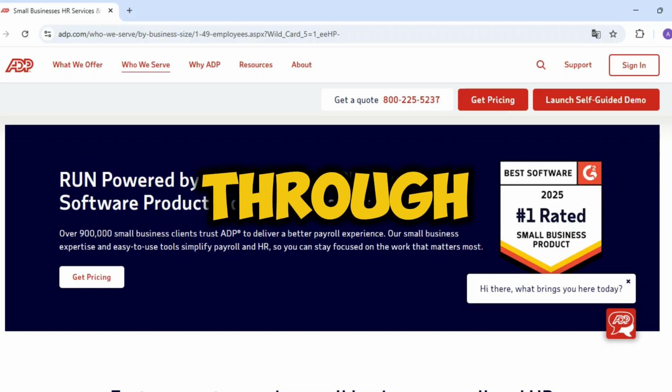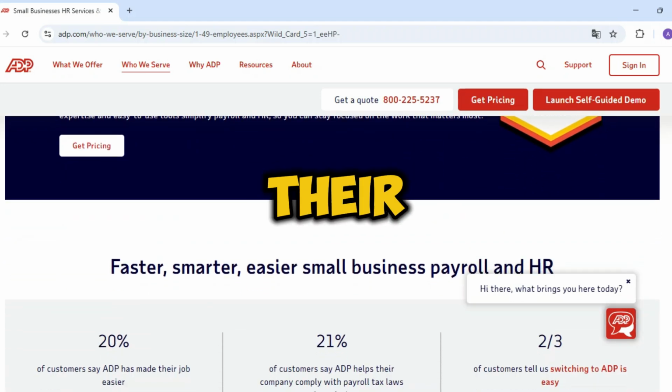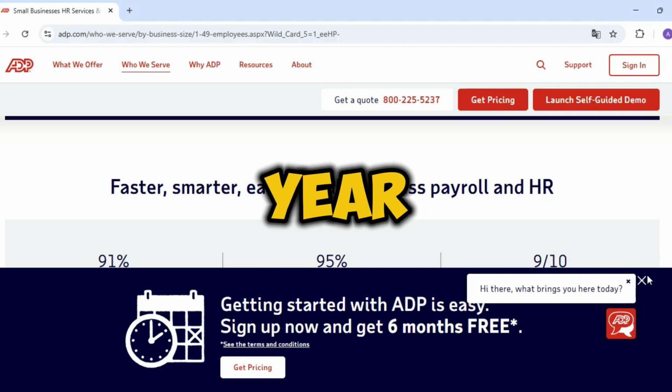If you pay contractors through ADP, you can also use it to file their 1099 NEC forms at year-end, centralizing